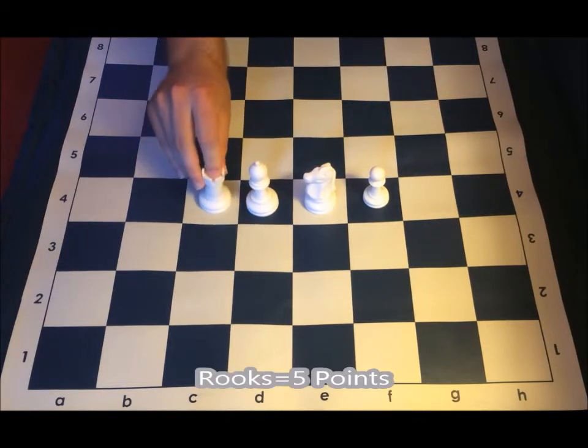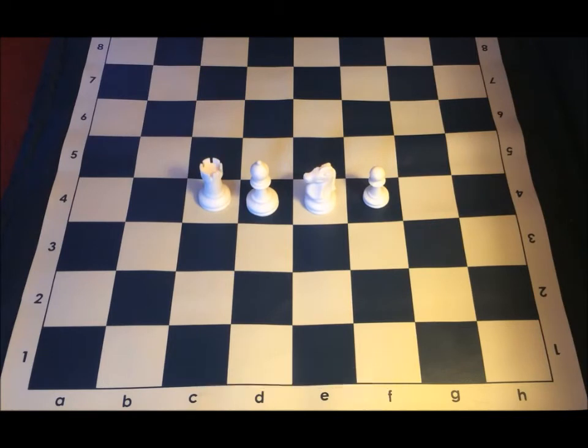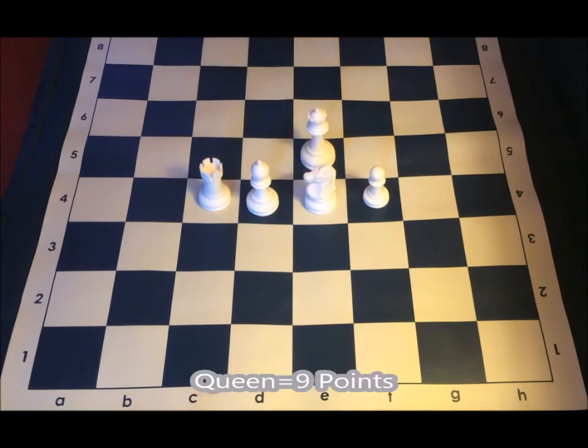Rooks are worth 5, more than a bishop or a knight, because obviously a rook's easier to use than a knight, and also the bishop can only stay on the color of the diagonal that it starts on, whereas a rook can change color, so it would be able to cover the entire board, whereas a bishop wouldn't be able to. That's why it's worth more than either the knight or the bishop. The queen is worth 9, and the king,